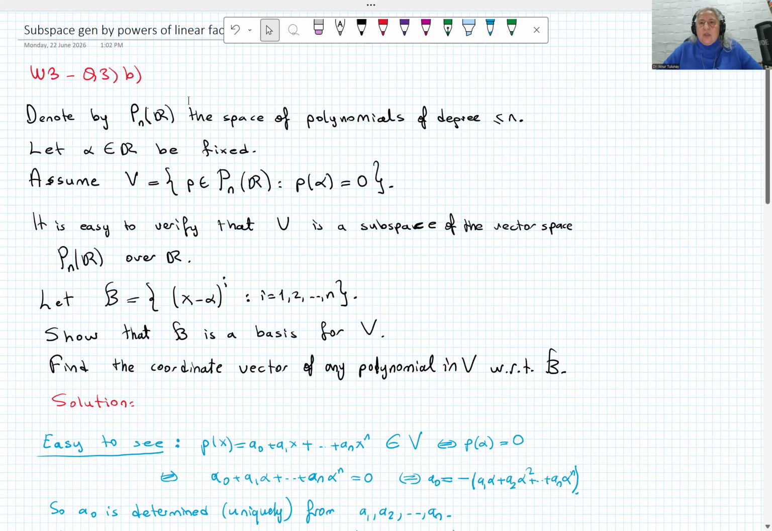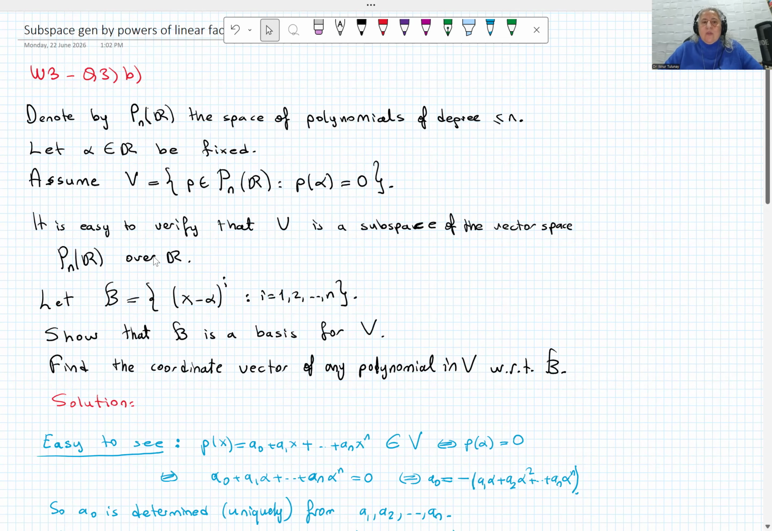Okay, what is the question? The question is, we have the space. This is our notation. We usually use this notation for the space of the polynomials of degree smaller than or equal to n. That's a vector space. We fix, for this question, a real number alpha, and we define a set V consisting of all polynomials such that p(alpha) is equal to 0. It means all polynomials with the root alpha. It is easy to verify that V is a subspace of the vector space, but this is not our task